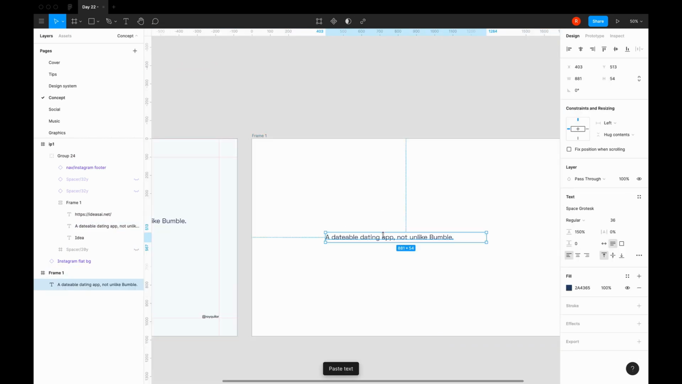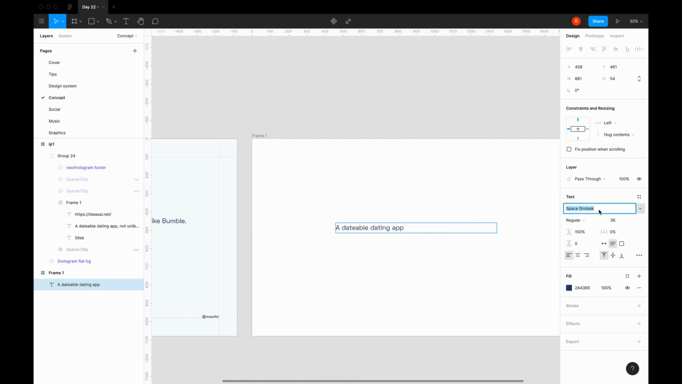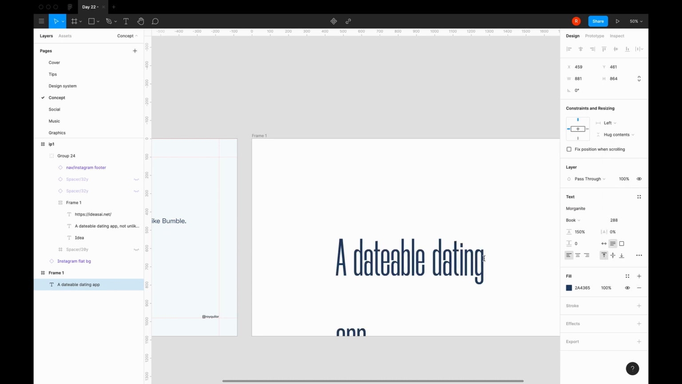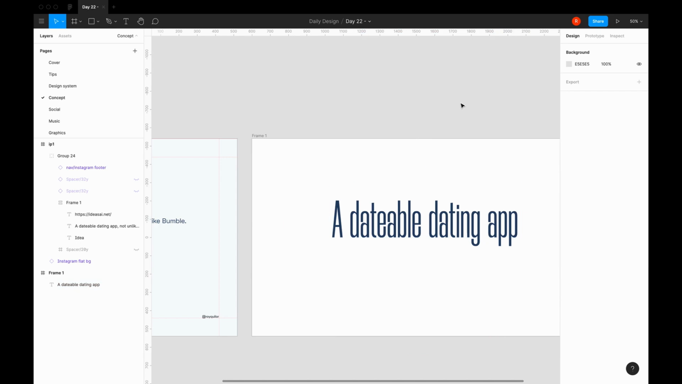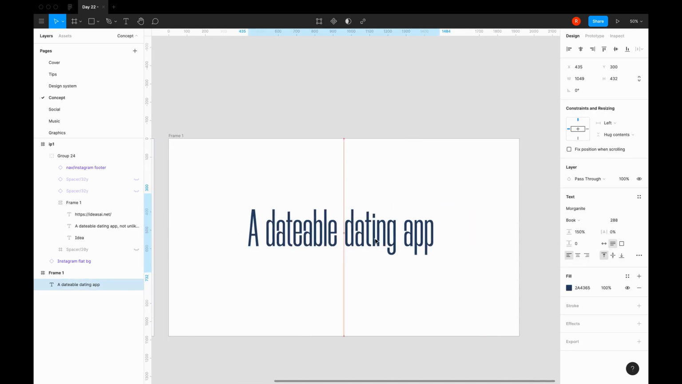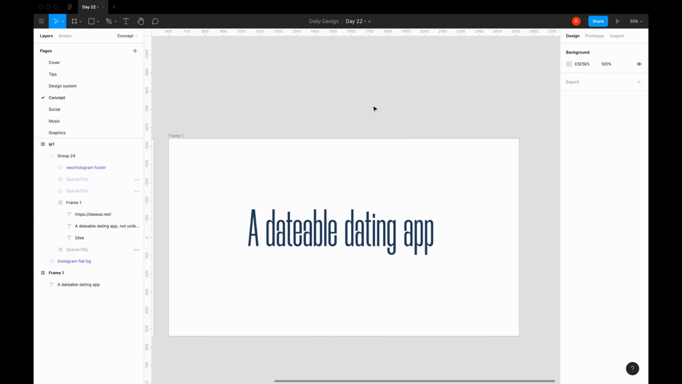So in my head, in terms of strategy, I'm thinking how to make this different than every other dating app, and how can it work with the current times. So more on that later, but straight away I thought, you know what, let's go big and bold, and let's choose Morganite, which is a very tall condensed font. Is very modern, and when you go big bold type, which I've got there at 288 I think it is,